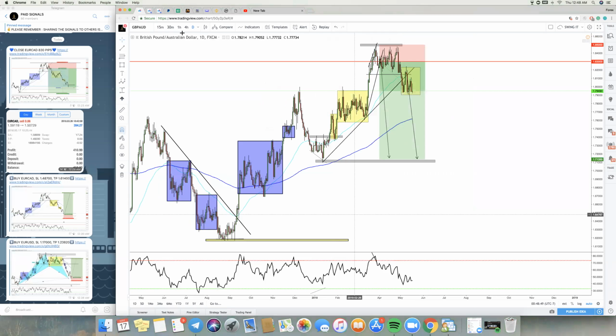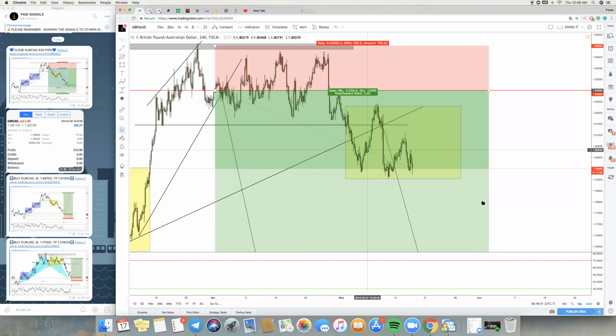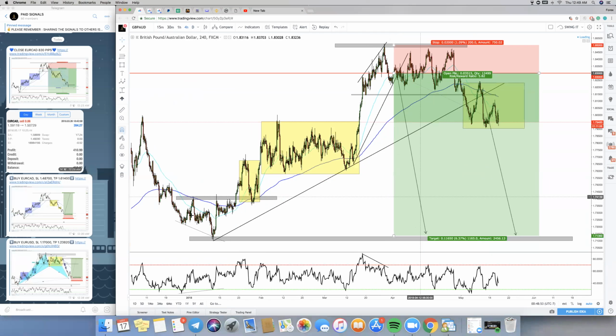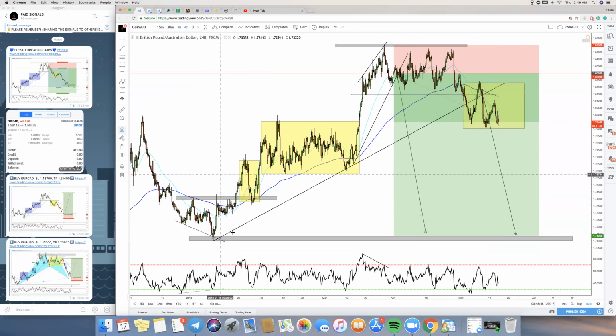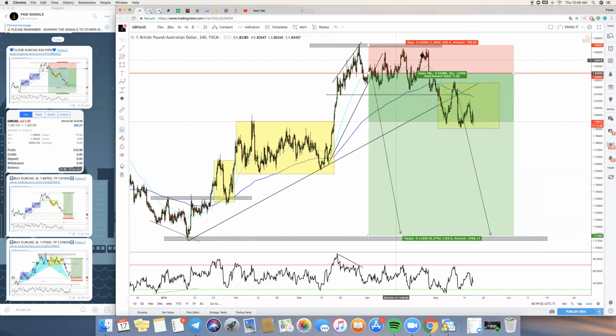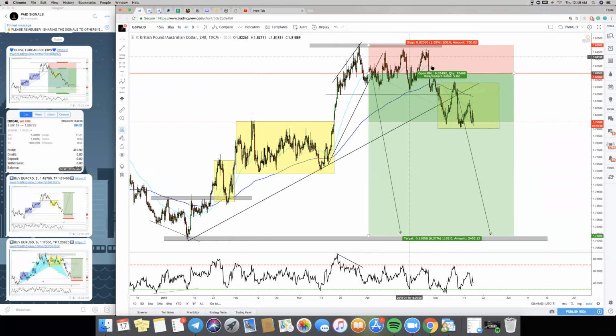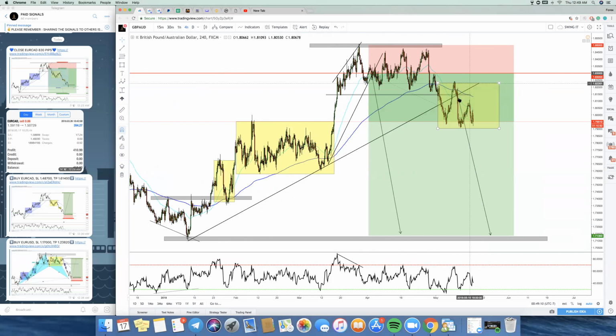All right, GBP AUD. GBP AUD created the nice W right about there. And then level 1, level 2, nice M formation. Then the price didn't collapse right away, but you can see that it took about a month or so just to drop. And then the price just shifted. Now it created the level 1. Now I'm just waiting for it to shift again, do a level 2, shift again, create the W,